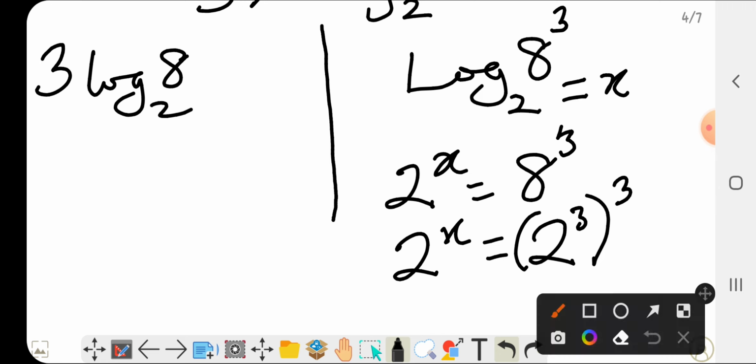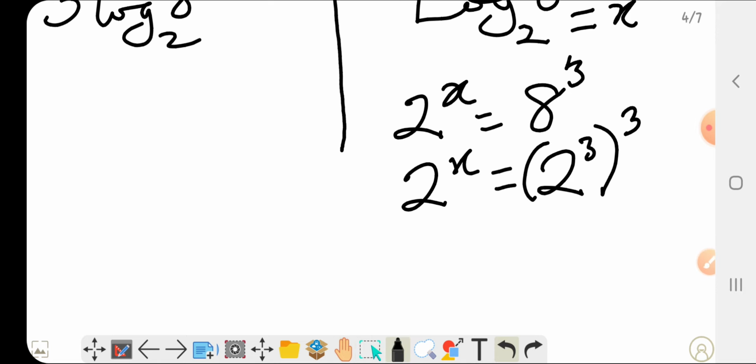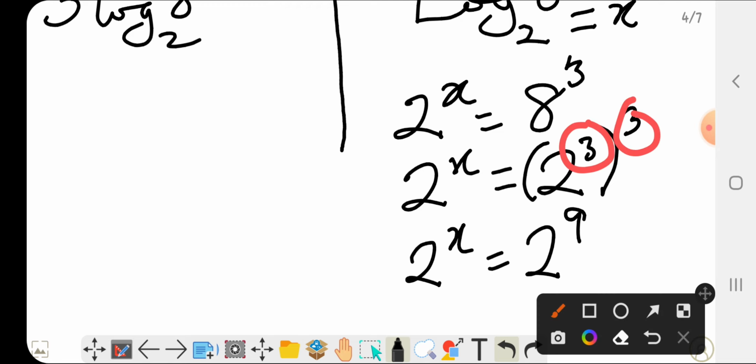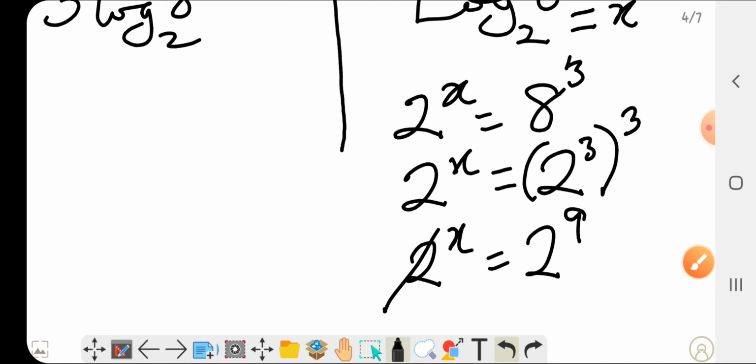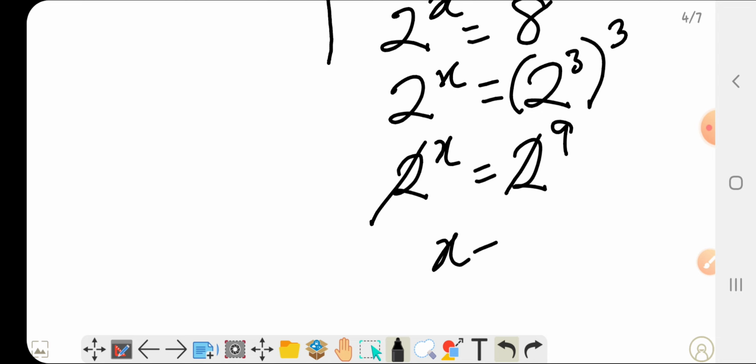Then you now open the bracket by multiplying the power inside by the power outside. So you end up having 2 raised to the power x equals 2 raised to the power 9, because this 3 times this 3 gives you 9. So 2 can now finally cancel out 2. Then you now have x equals 9. This is method 1. Then method 2,